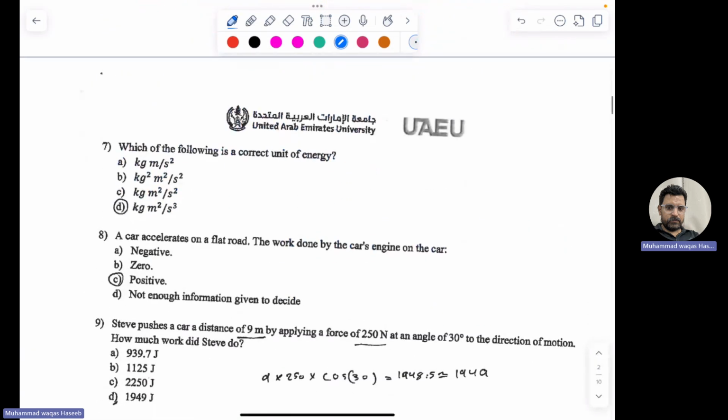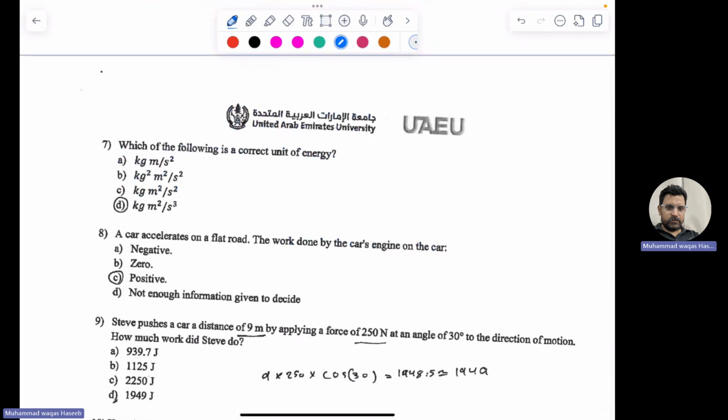So next question, which of the following is the correct unit of energy? Energy is related to the work done, or the kinetic energy, or the potential energy. So we can have any formula which is equal to mgh, or 1/2 mv squared. m is the kilogram, g is the acceleration, which is meter per second squared, and height is meter, so the unit is kilogram meter squared per second squared. So the correct answer is this,